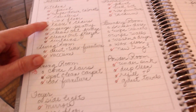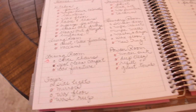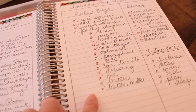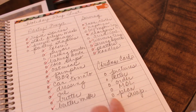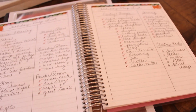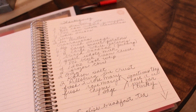My kitchen is done except for waxing the floor. We are still working on covering the chairs in my dining room. I only have three left to do. My pantry and freezer to-dos are all done. I have my serving trays, and the other thing I need to really start working on this week are the Christmas cards. So I have my Thanksgiving shopping list here, and I'm going to head out to the store now,